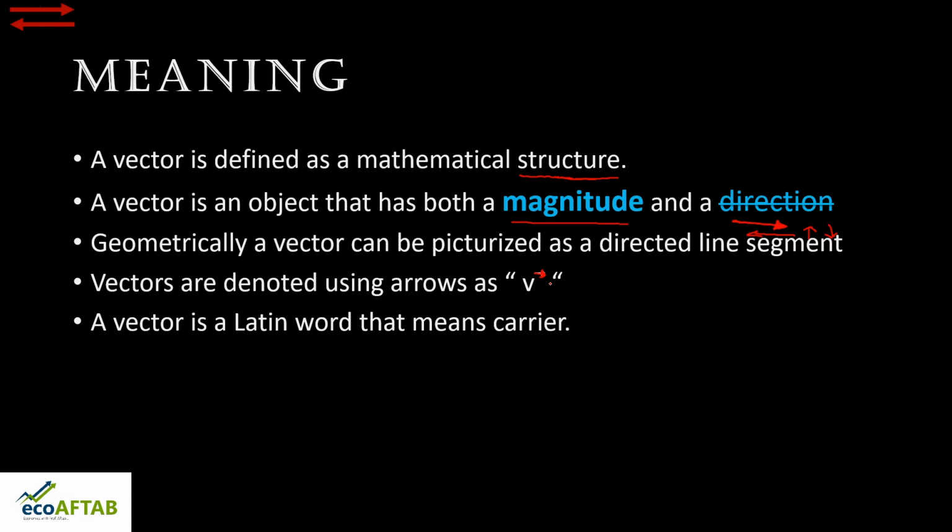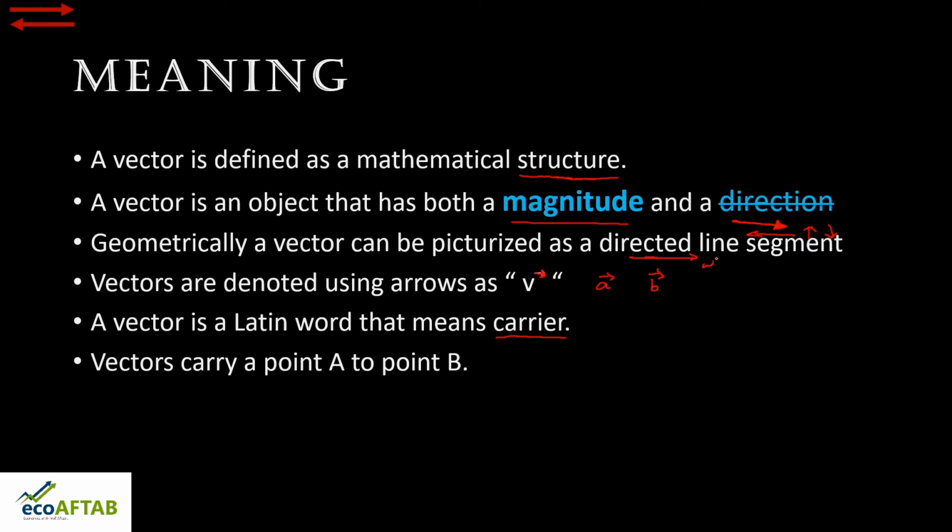Vector is a Latin word that means carrier. So, carrier of what? Carrier of one point to another point. A vector carries point A to point B. This is what a vector is. So, we can say even this is a vector, this is also a vector. So, what do you mean by vector? It is a directed line segment